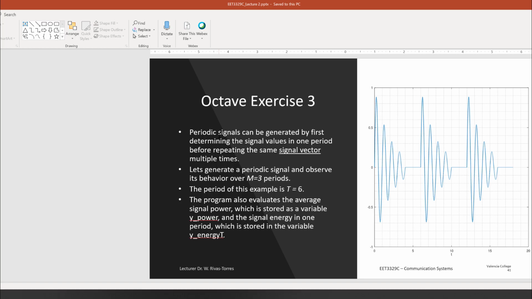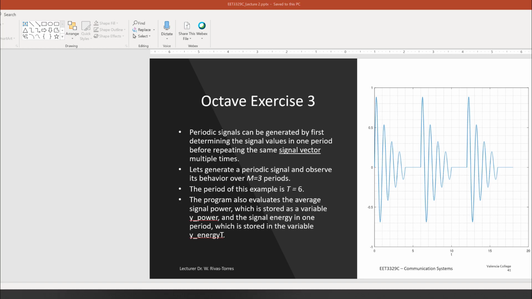So if I take a periodic signal and I delay it by capital T, where capital T is the period, I just get the same signal, so I can create a periodic signal of period capital T, all right? And that's pretty much what we want to show with this last